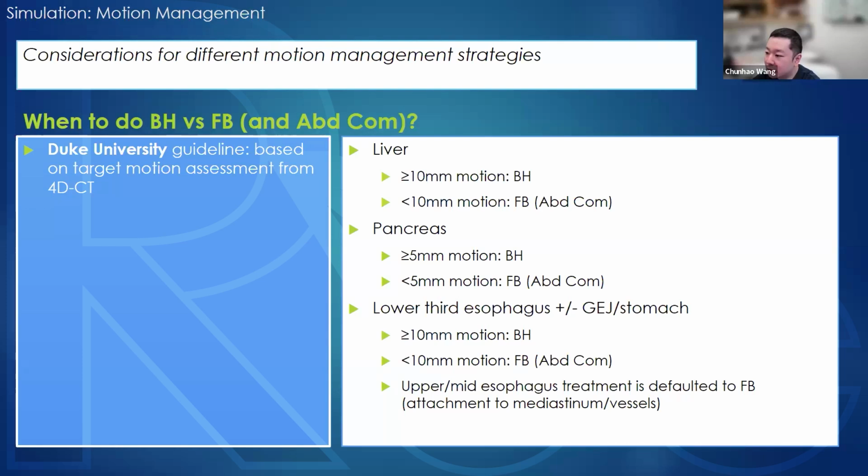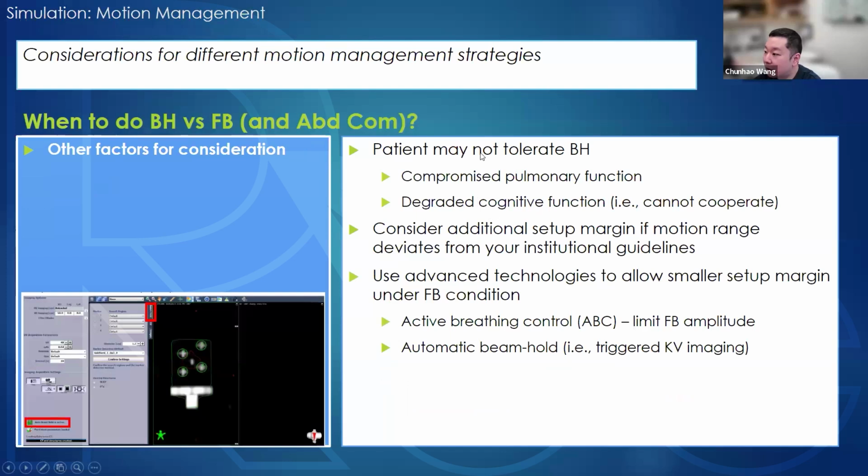So the motion is kind of limited and the range is kind of small. Of course, there are some other factors we need to consider, right? So it's very hard to just use a single numerical threshold to deal with all cases. In our GI practice, a very common situation is that a patient cannot tolerate a breath hold even